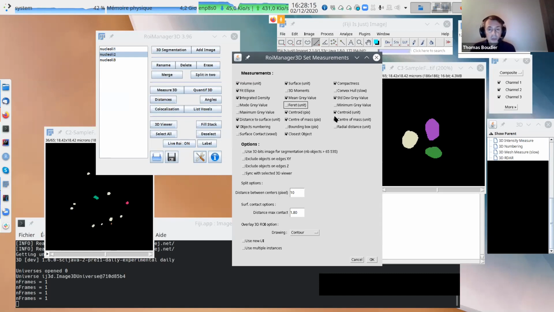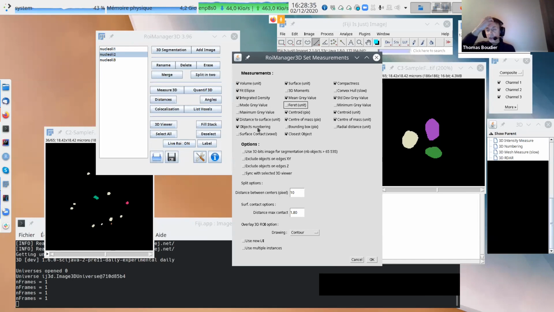Minimum gray value, maximum gray value, centroid, the center of the object. Distance to surface is this DC thing, all the distances from the center to the border. So you just check the measurements you want, and uncheck those you don't. Object numbering, we'll see later.